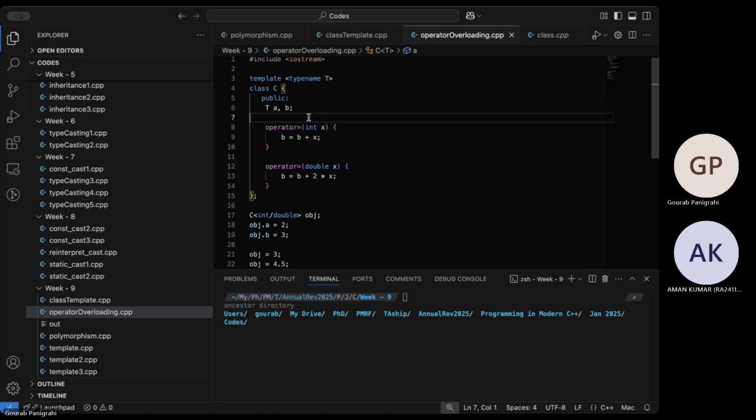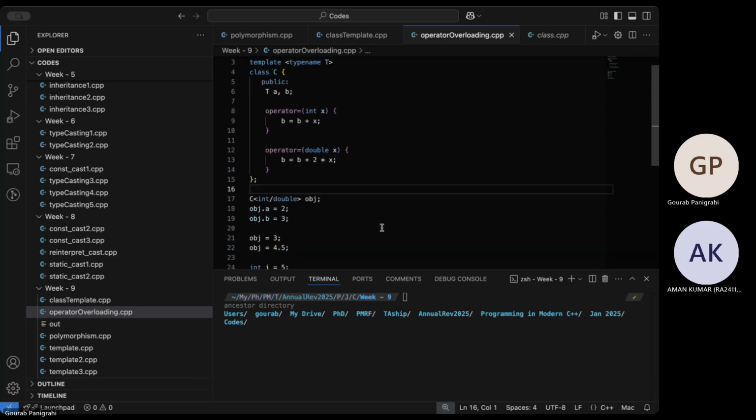Now because of the template T, these variables get the data types. But in this body, x is an integer and b can be an integer or a double. When you're adding a double to an integer, you get the idea. So all this implicit casting will automatically happen. Same for here. All right.